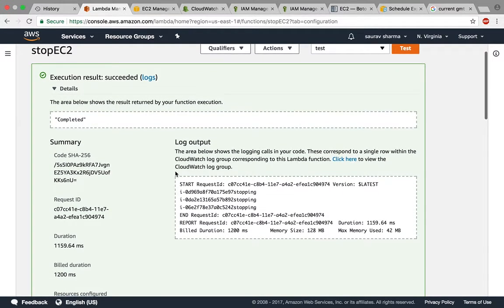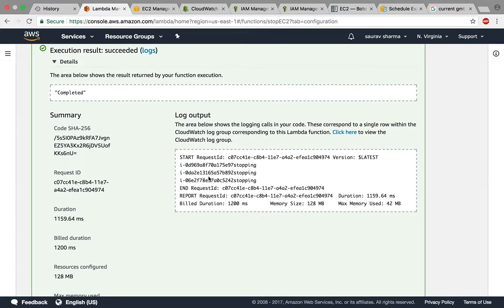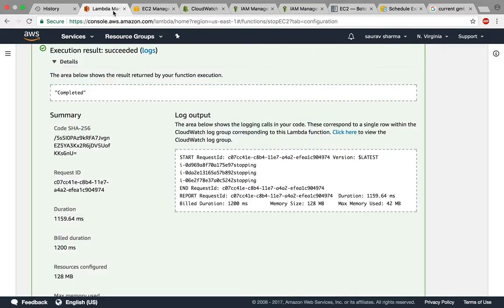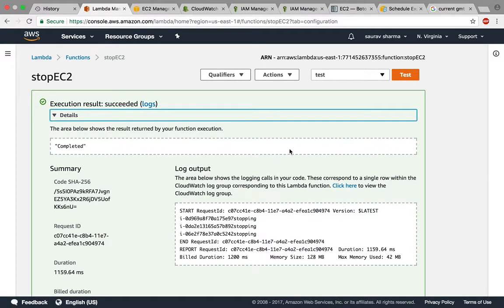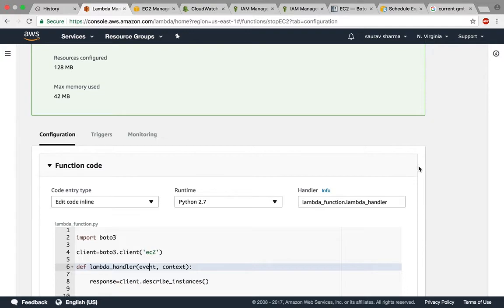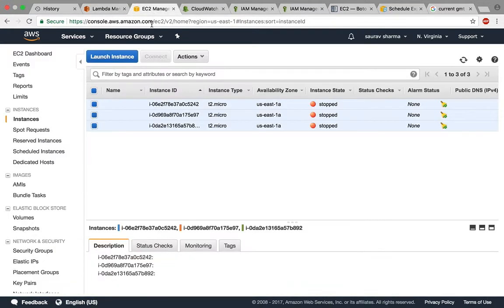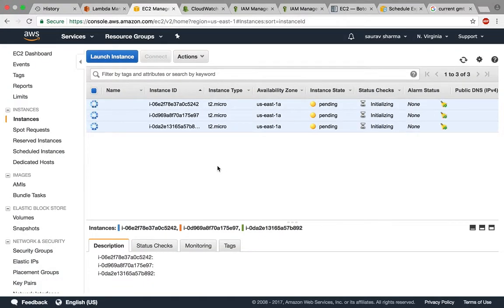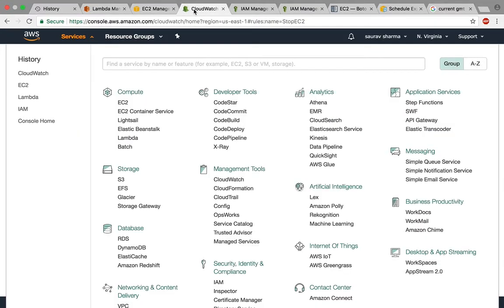So now one thing you should notice if you're following and doing everything I'm doing is that if you go to your EC2 instances, then your instances will be stopped, because even though this is a test event, we are simulating an actual trigger. When I say test, it doesn't care if it's a test event or not, the function will be executed. So the instances will be stopped. So I'm going to quickly start all those instances, and now we'll simulate the actual event, like in the